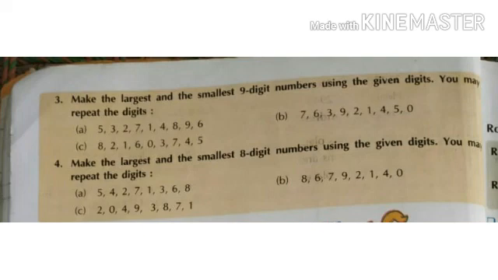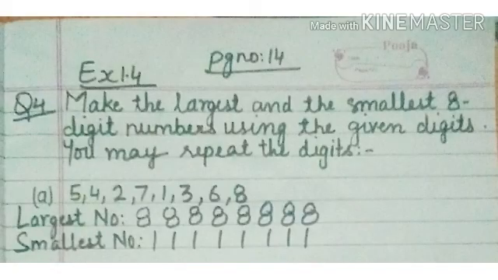This is question number 4 of phase 1.4. The question says, make the largest and the smallest 8-digit numbers using the given digits. You may repeat the digit. So it's also the same, but here we have to prepare the largest and the smallest 8-digit number. Here we go with the first part, that is